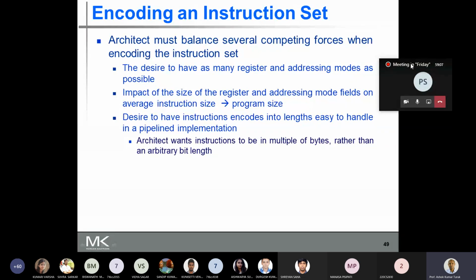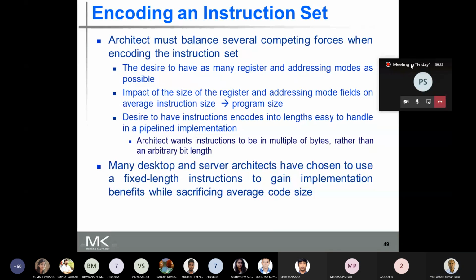For pipeline implementations, it is easier to handle if the instructions are of fixed length. So there are competing forces, and the architect must balance all these cases.